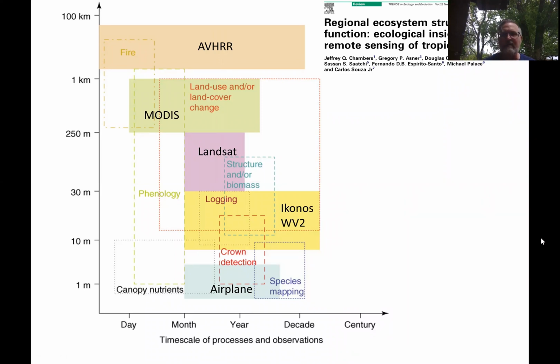So if you're looking at species mapping, you might just need a really high resolution once a decade or once a year. If you're looking at fire, large scale fires, you might need daily information with a coarser resolution of 1 kilometer. So these are trade-offs. You can't have everything with remote sensing. And so this was work that we did looking at tropical questions that